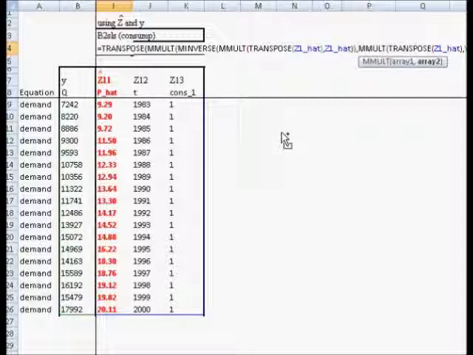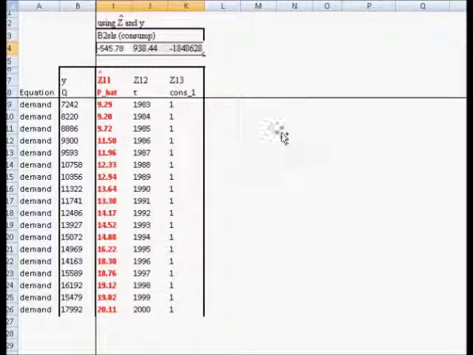We hit Control Shift Enter and we get the two-stage least squares estimates for the demand